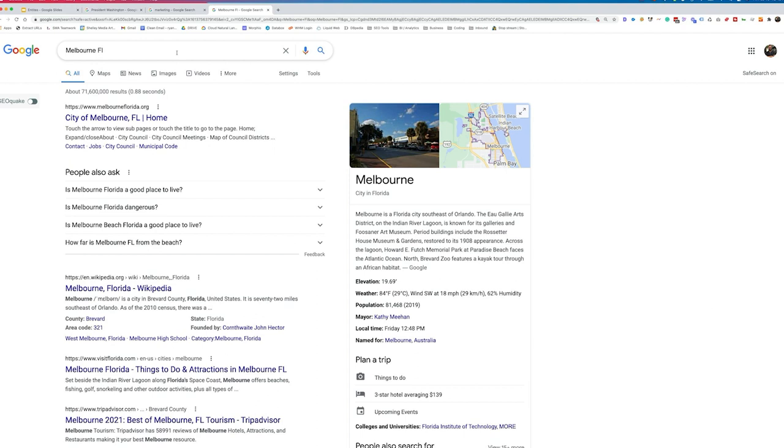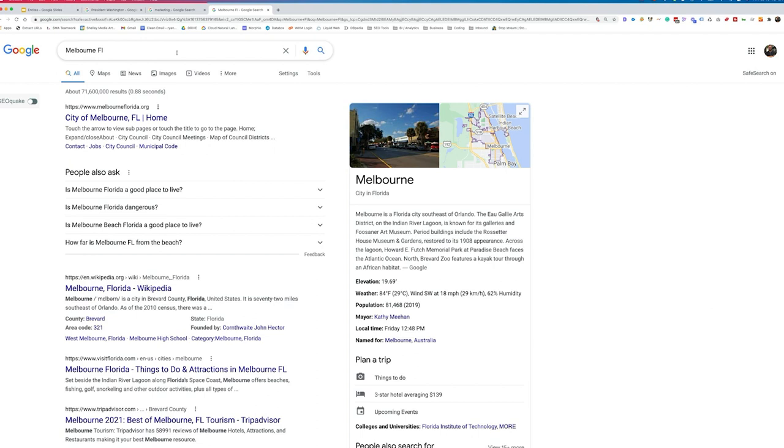Entities play an extremely important role in today's search as we move more and more to leveraging the semantic web. And you don't have to be one of these massive companies to understand it and leverage it. There are tools out there like we talked about on this channel. There's a tool called WordLift that we use quite a bit to help us tag entities and inject this type of structured data into our site.